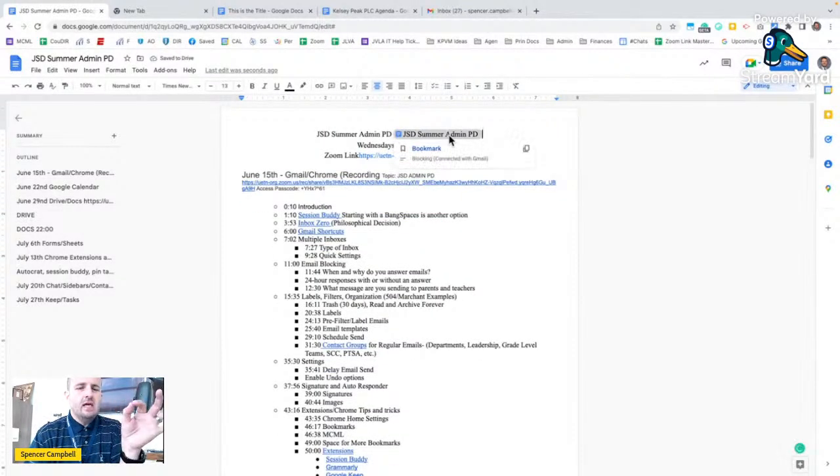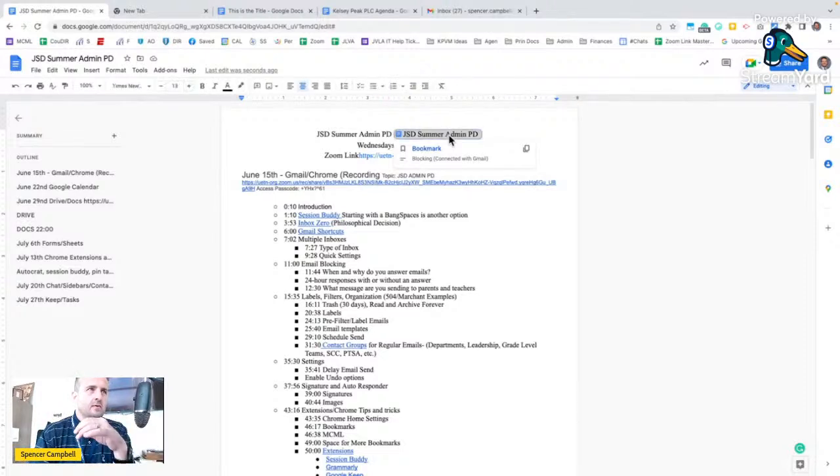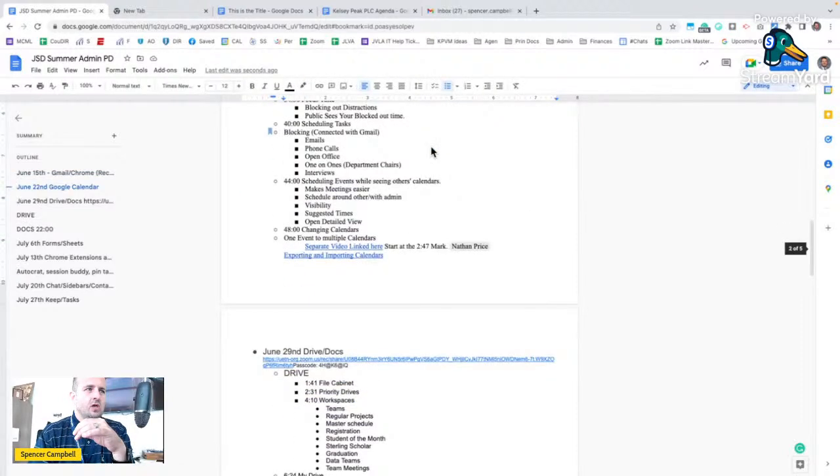You'll see right here now that I've created, basically, a hyperlink within a document. So I can jump from the top of the document down to the bottom of the document. That bookmark is right there. When I click on bookmark, you'll see right there that I have a little blue bookmark, and it goes to